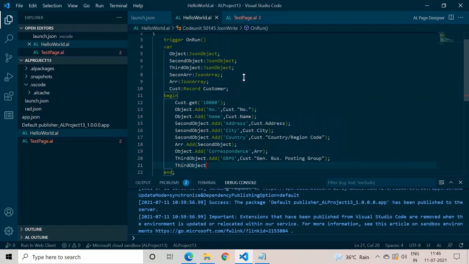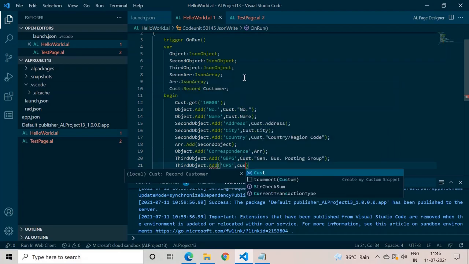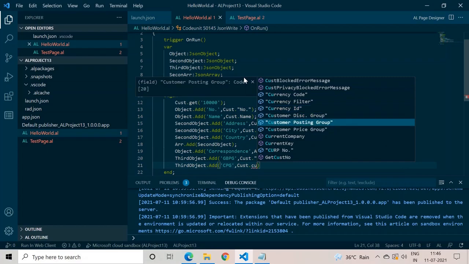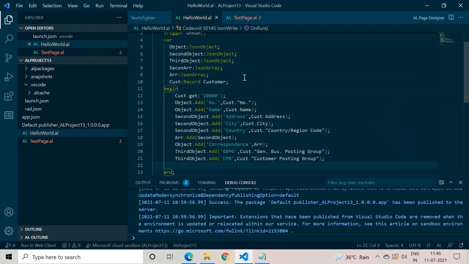Third object dot add customer posting group, and we have cust dot customer posting group. So we have added these two information. Now add all these two information in an array.